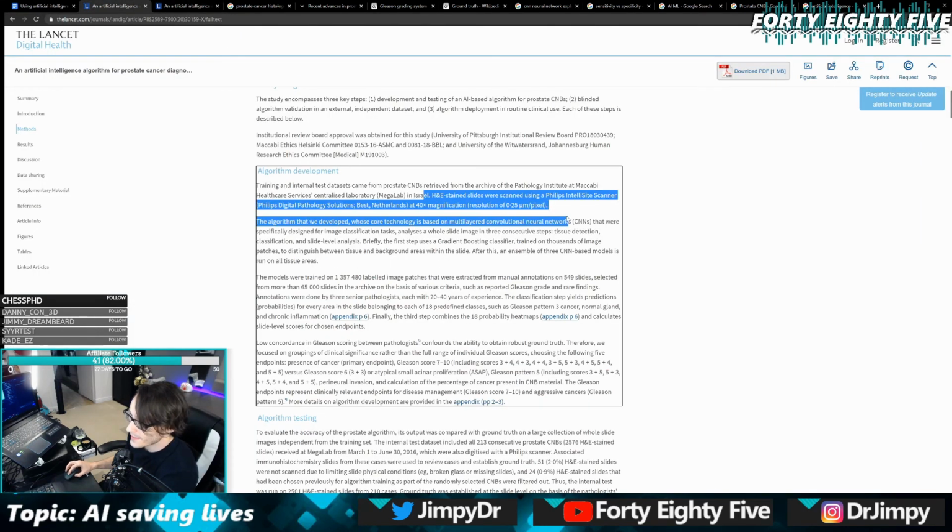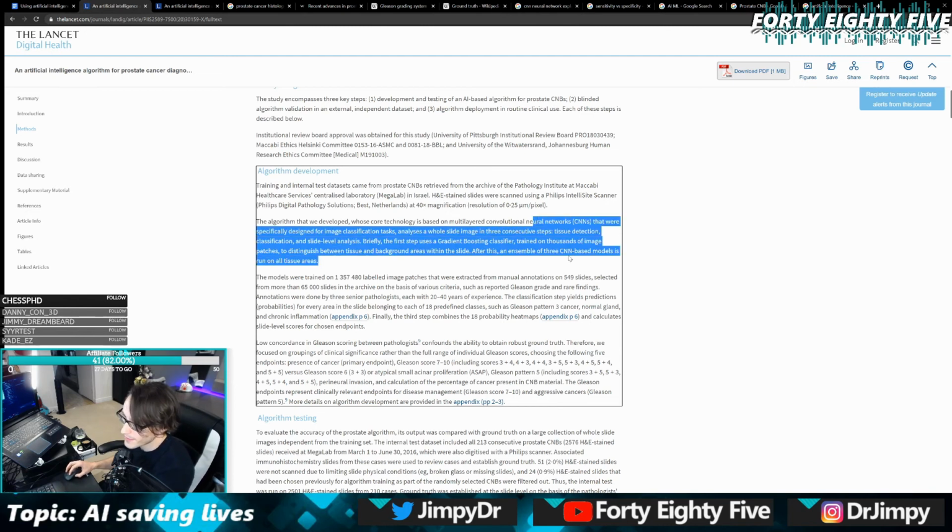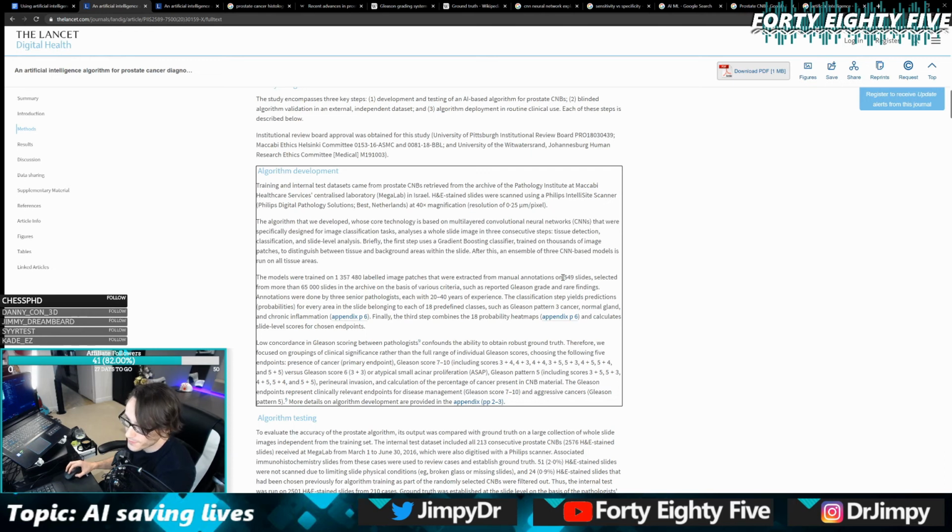So it's stated that all of the pictures used were H&E slides, they were stained, they were scanned in, and they were all taken at the same magnification on the same microscope. They develop a CNN base, so a convolutional neural network. And here's the important bit, right? Training is usually quite big. The training models were trained on